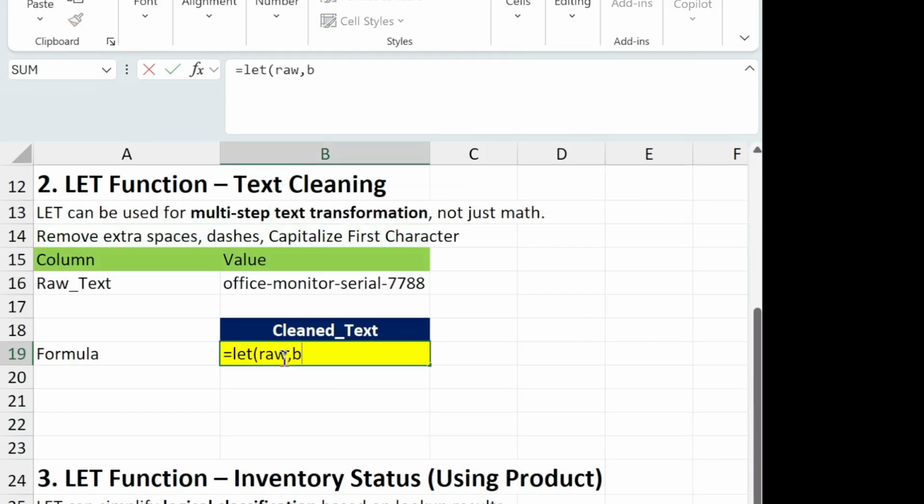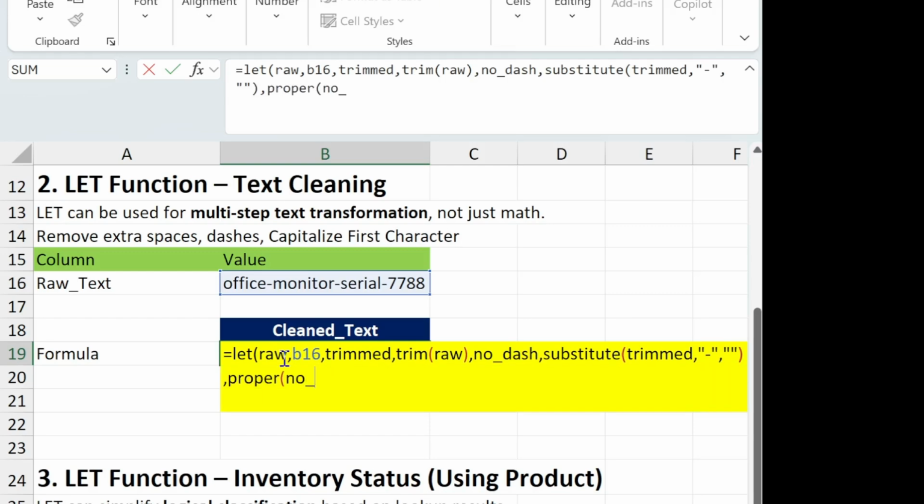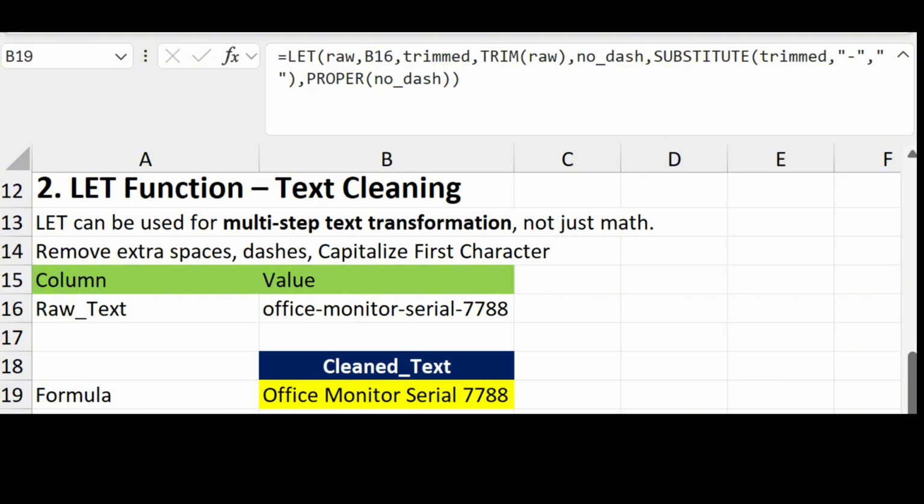In cell B16, we have the raw text office-monitor-serial-7788. We want to convert this into a clean and readable format. The LET formula is placed in cell B19. The formula stores the raw text, trims extra spaces, replaces hyphens with spaces, and converts the clean text into proper case. The final result of the text cleaning formula is Office Monitor Serial